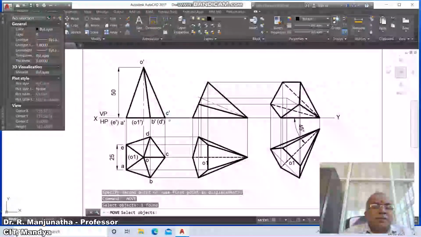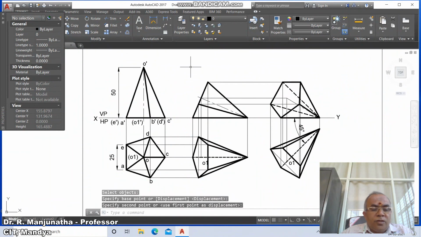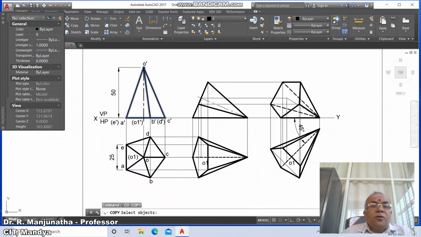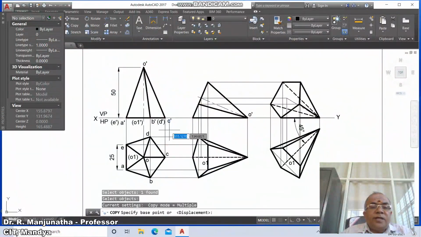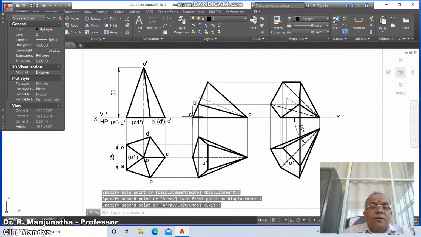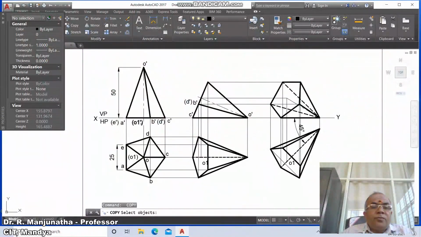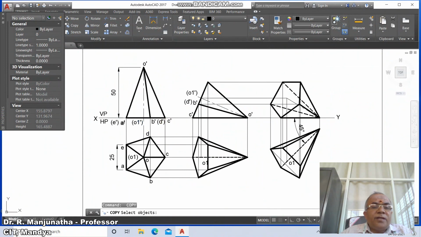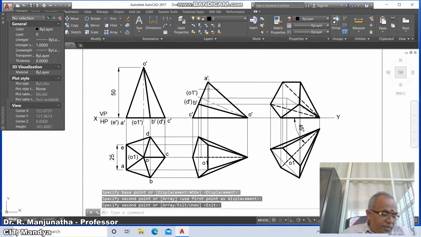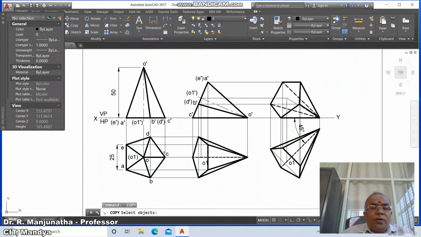make it C dash. Once you do that, then go to move, then go to copy this O dash here, then you copy this C dash here, you copy this B dash here, you copy this D dash here. You copy this O1 dash here. You copy this A dash here. You copy this E dash here. Then you copy this O here,